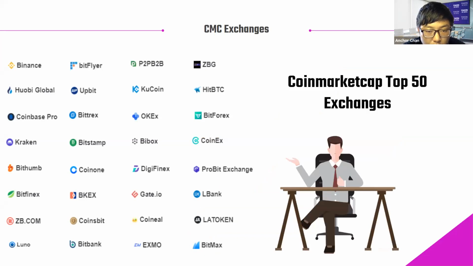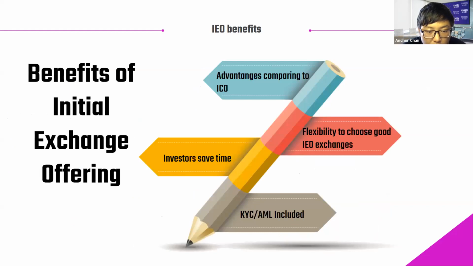What we normally suggest is to find good and qualified exchanges with high reputation to keep a good performance guarantee for the IEO, and in the meantime good liquidity and trading volume after the IEO when the token starts to be listed. And then, from the investor side, why do they want to join an IEO? Because